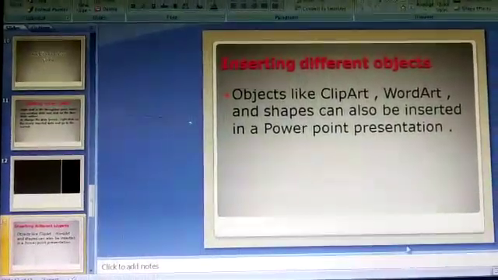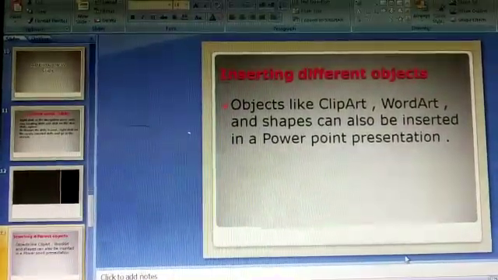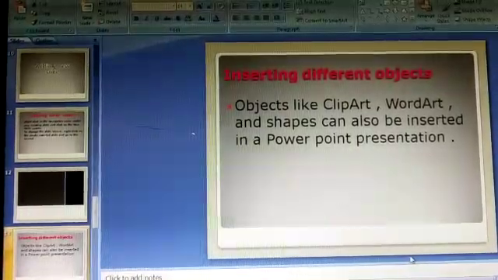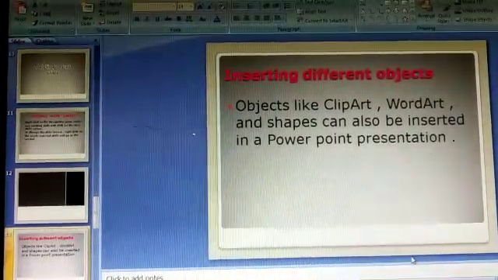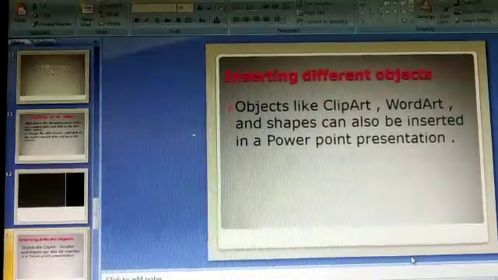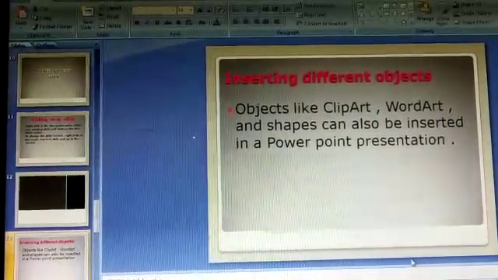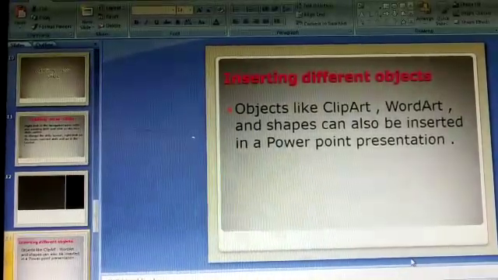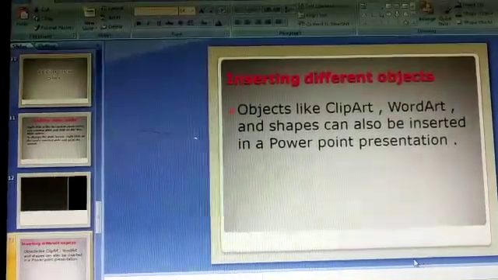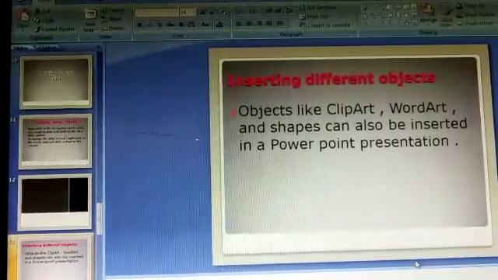Afterwards, inserting different objects. It means how we can insert different objects. We can insert objects with the help of clip art, word art, and if you want to insert shapes, you can insert shapes also with the help of inserting.